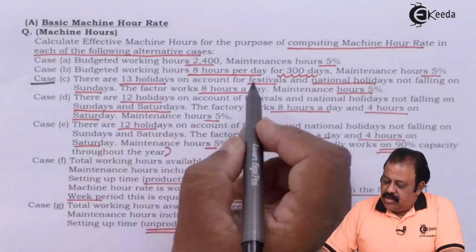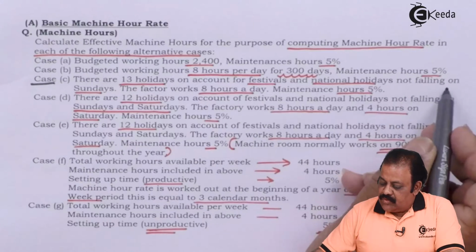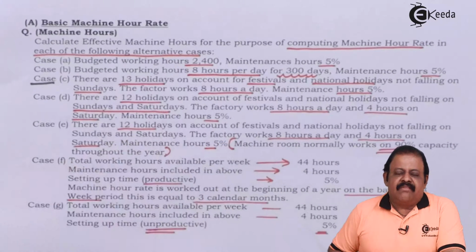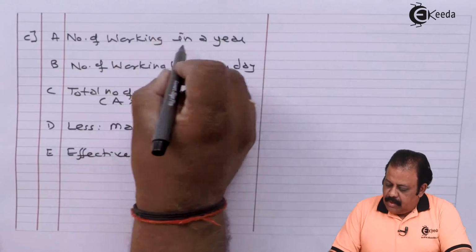So we are required to calculate here in a whole year how many days machines were in use. Number of working days in a year: